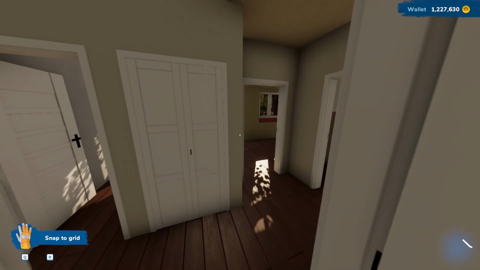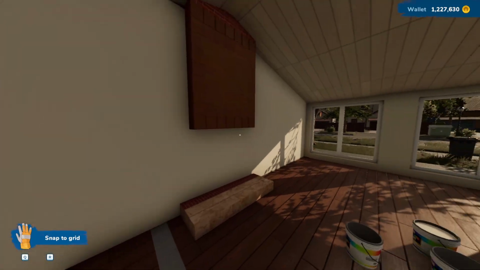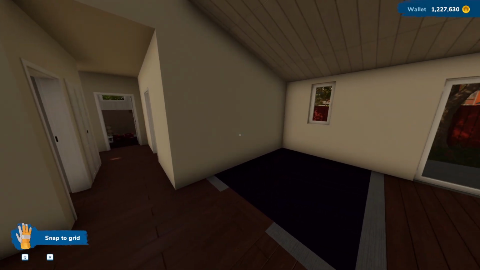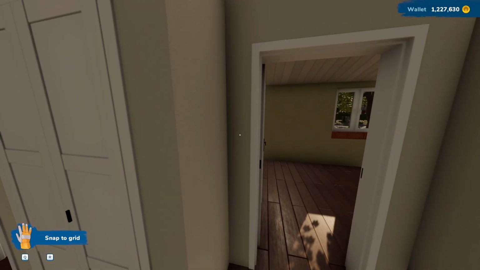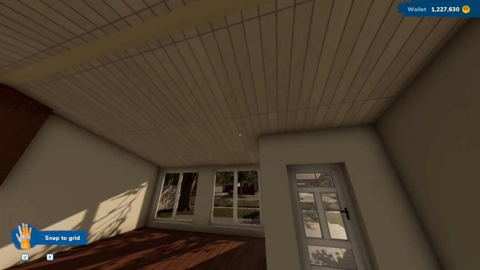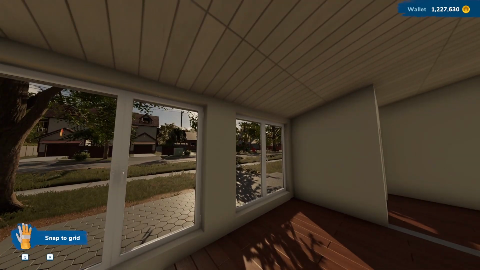Okay, that is so much better. So here it is, fully painted in the daylight. I have the main area painted and the hallway painted. And I need to fix the underside of this roof. I'm annoyed by it because,